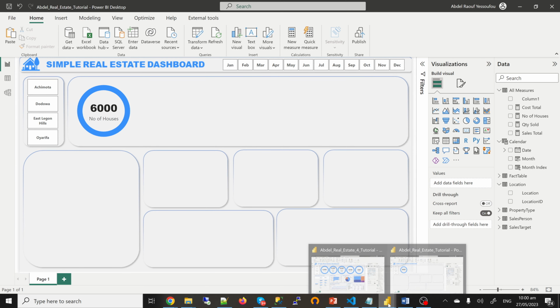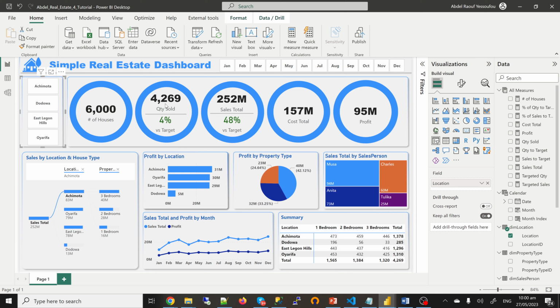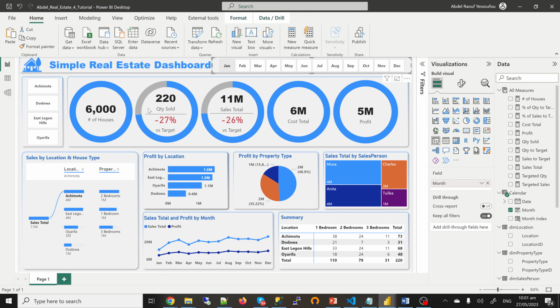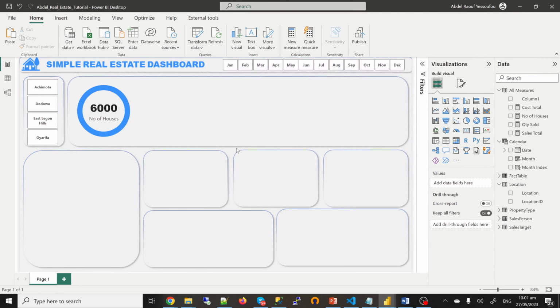Now, number two, this one has the quantity sold and then the target. There will be a bit of work here. When you select January, for example, you can see this difference here, and then also the percentage down here. Okay, so for that,